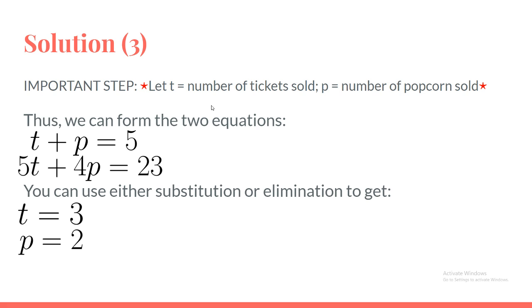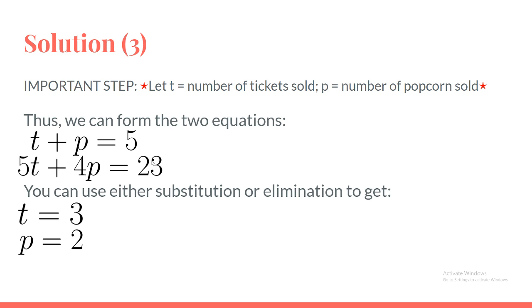And the solution is, once again, to let one variable equal something, such as the number of tickets sold, t, and another variable equal something else, the number of popcorn sold, which equals p. So then we can form these two equations, t plus p equals 5, 5t plus 4p equals 23,